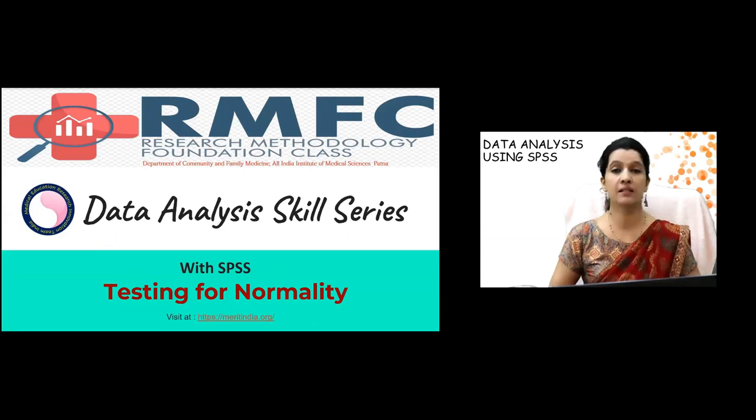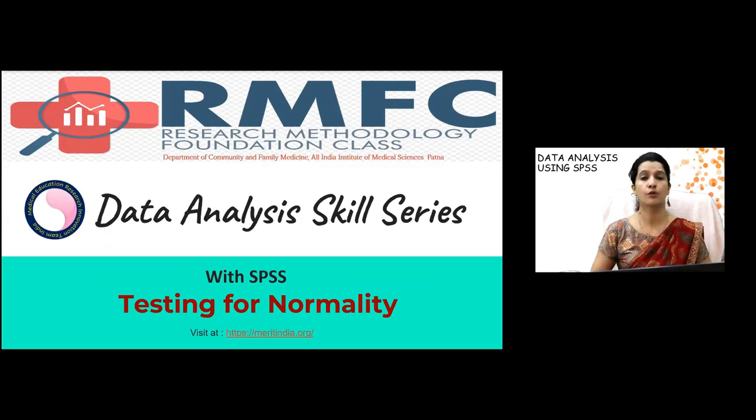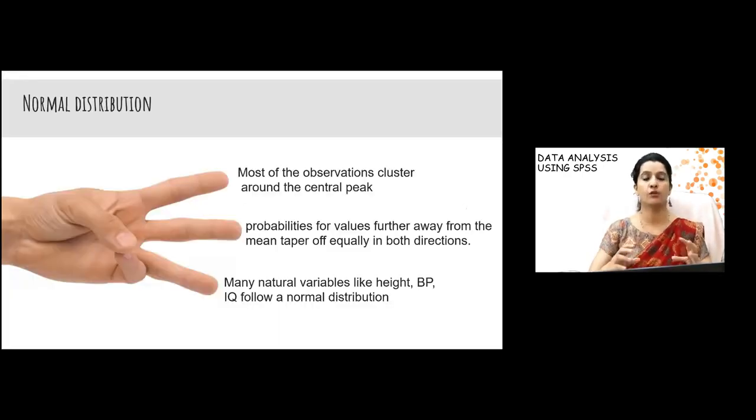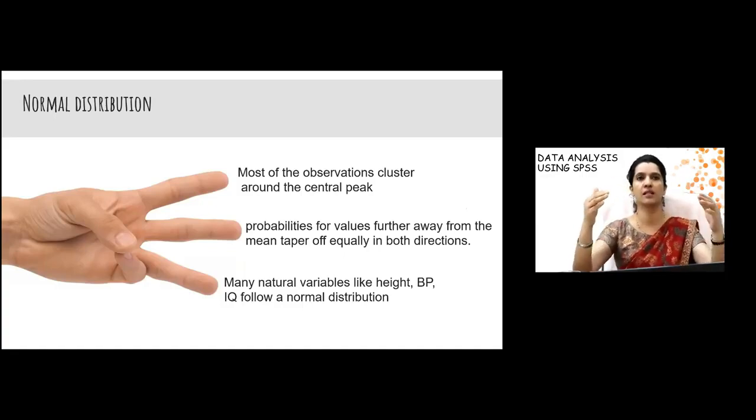We discussed that this was not following normal distribution, and this is following normal distribution. So what is this normality? Normality is like most of the observations, whatever we take in our daily life, it clusters around a peak. If you take the other values, the probabilities of the other values start decreasing